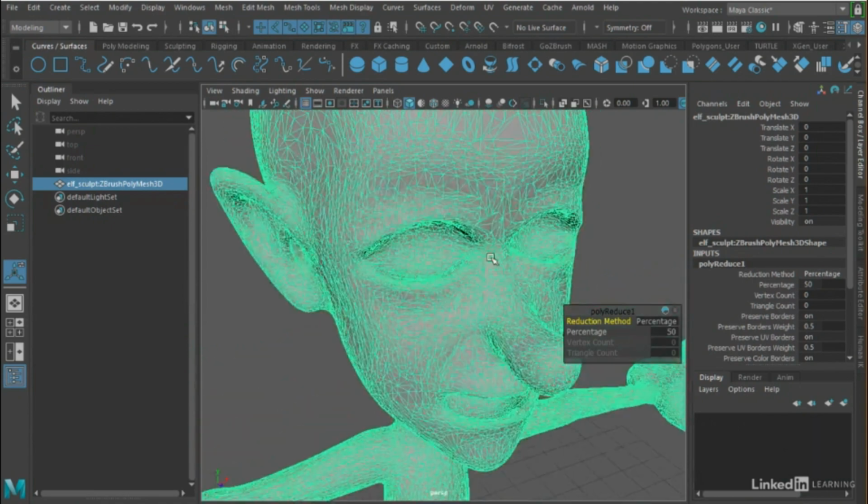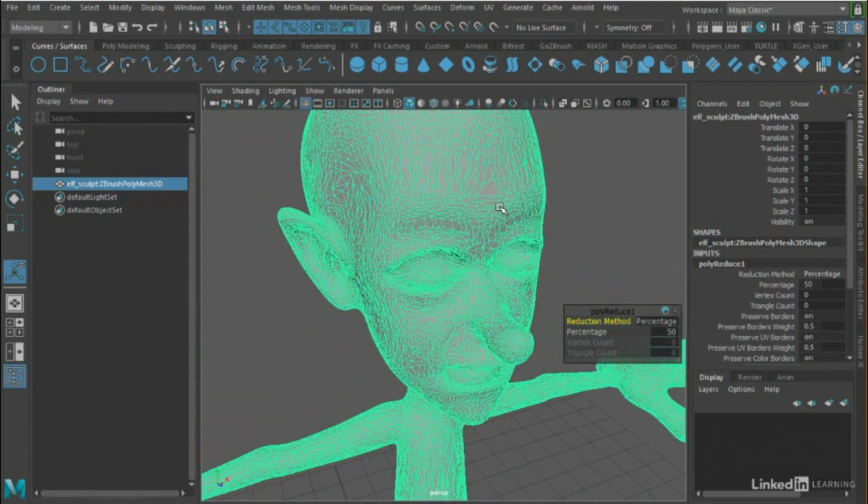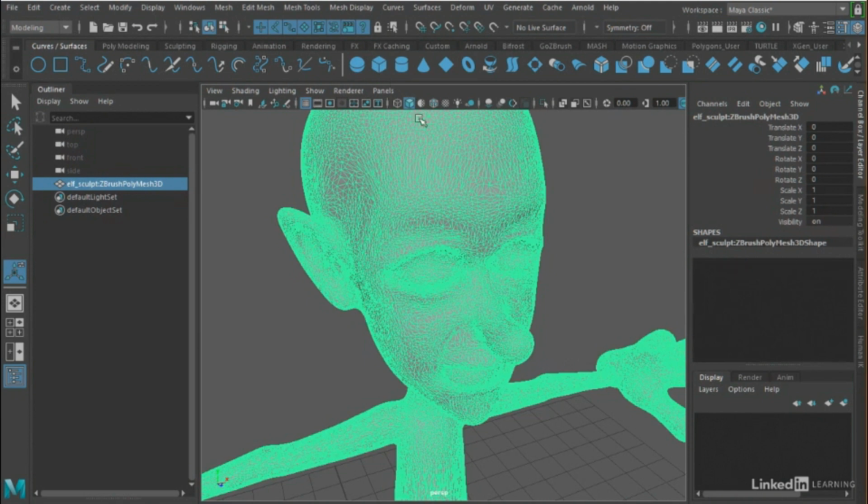And you can see now that the model is less dense. Now sometimes your model might be so dense that you can't even bring it into Maya in the first place. In that case, you'll want to do a reduction or decimation in whatever other software you created the model in. But I'm going to go ahead and undo this because I liked the density of triangles that I currently have